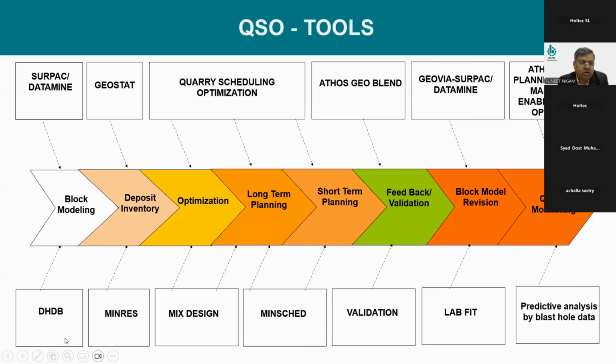We first require the mineral database, then minerals, which give us different pit designs and the concept of different cutoffs and various analysis parameters. Then after optimization, we mark what the pit should be, because in CADE we have a pit, but that includes rejects also, which we don't want to use, which is not required to be mined. So this we do after optimization. And after optimization, we make a conceptual plan for the long term, which is further divided into short terms. Then again, this feedback data is used to modify the block model,